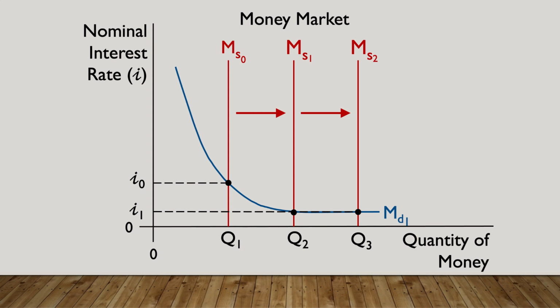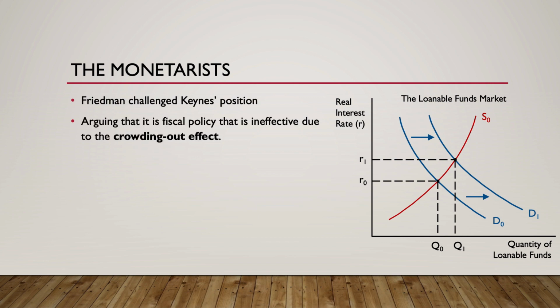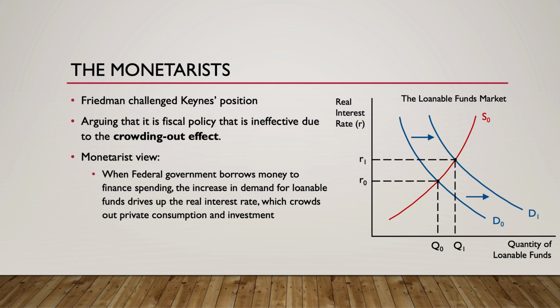aggregate demand. While Keynes argued that monetary policy was ineffective at a certain point, Milton Friedman challenged his position, arguing that it is fiscal policy that is ineffective due to the crowding out effect. The monetarist view argues that when the federal government borrows money to finance spending, the increase in demand for loanable funds drives up the real interest rate, depicted in this graph, which crowds out private consumption and investment. Monetarists argue that monetary policy, rather than fiscal policy, should be used to counteract recessionary gaps and inflationary gaps in